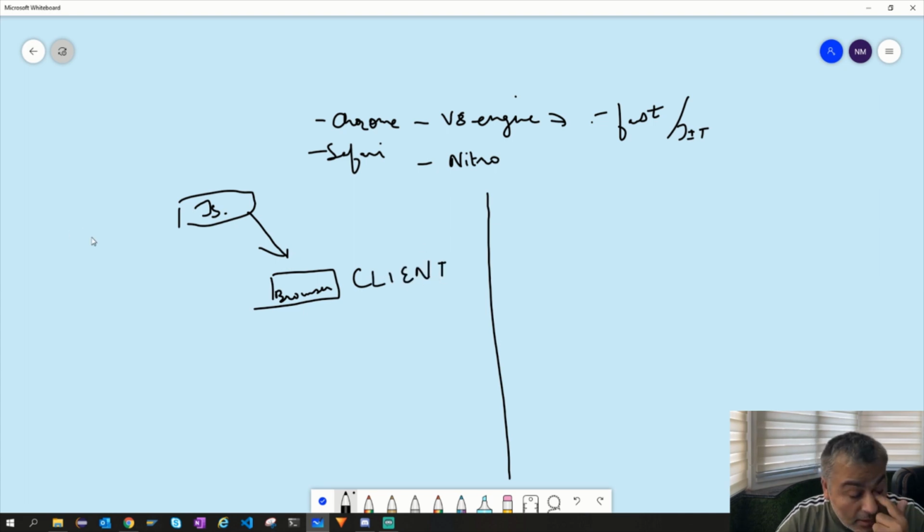When this journey of JavaScript started, it was primarily used on the client side. On the server side, which basically interacts with our database, we were primarily using PHP, ASP.NET, Python and other languages, right?